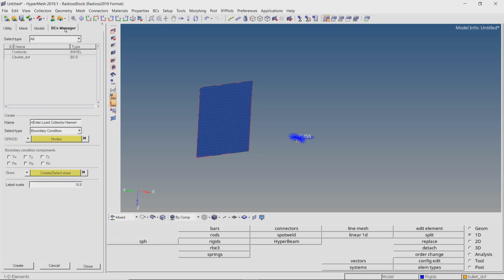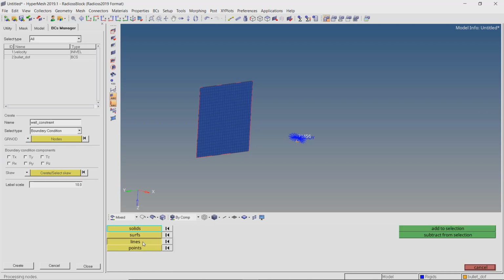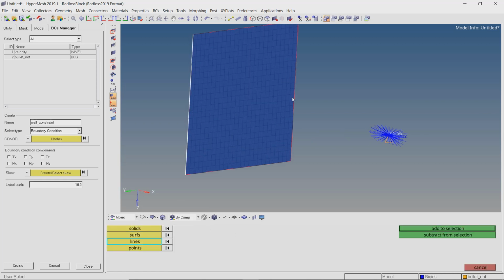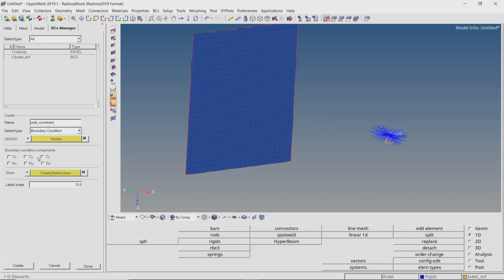Similarly, to hold the wall in place, create a boundary condition for nodes on the edge of the wall. Select all 6 degrees of freedom. Now, with the by geometry selection criteria, select the vertical edges of the wall. Create the constraint to avoid any movement of these nodes.